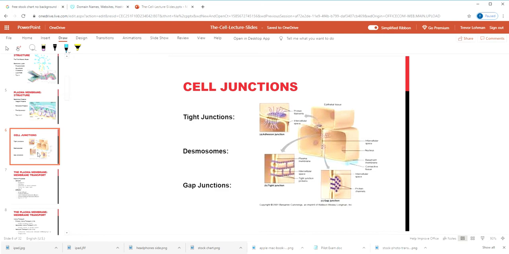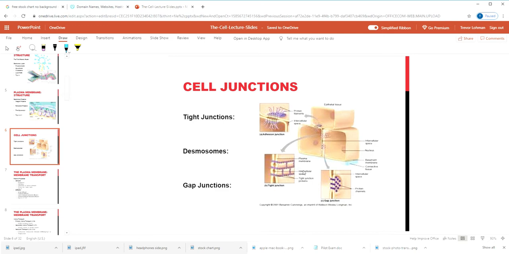So there are three basic categories of cell junctions, and they're here on the screen. The first is tight junctions, and that is actually referring to this picture right here. So if you look at it, it really looks to me like a stitch, and that's basically what it is. So if you picture two cells next to each other, or let's do this, picture a sheet of 1,000 cells. Now there's gaps in between those cell membranes. So if you were to pour water onto that sheet of cells, the water would just leak in between them